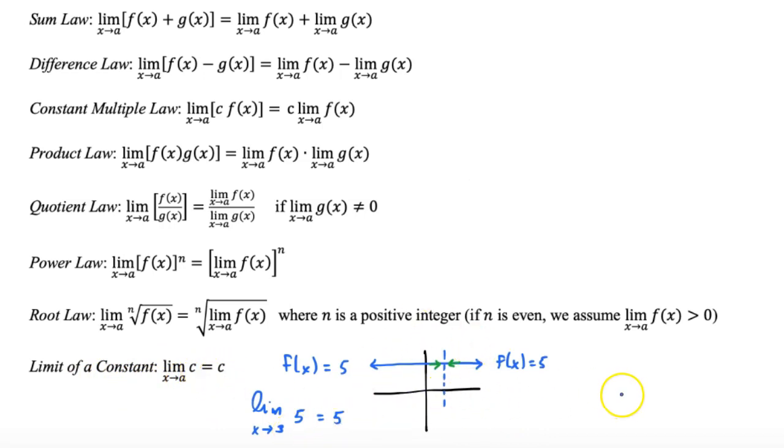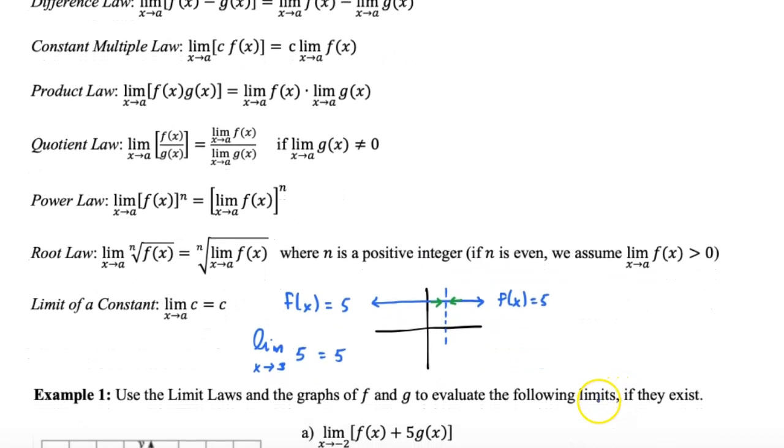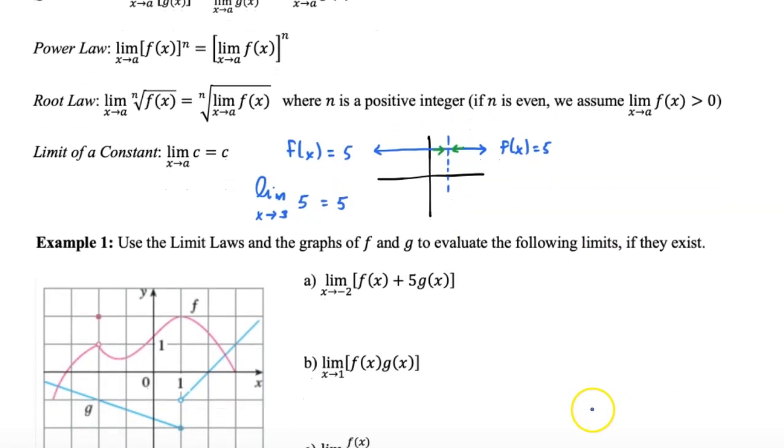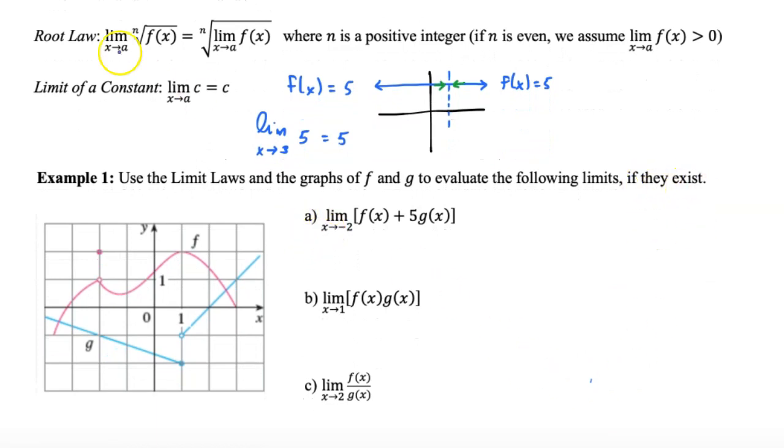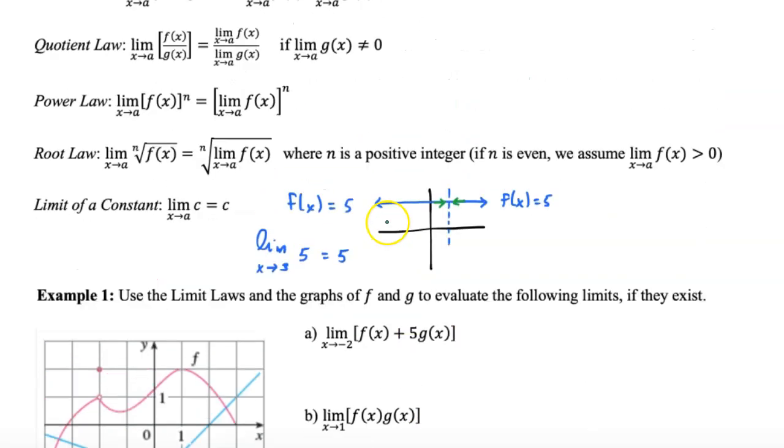that the limit of any constant is just that constant, for this reason. All right, so now let's use the limit laws and the graphs of f and g to evaluate the following limits if they exist. So starting off, we've got the limit as x approaches -2 of f of x plus 5 times g of x. Now what my sum law tells me,